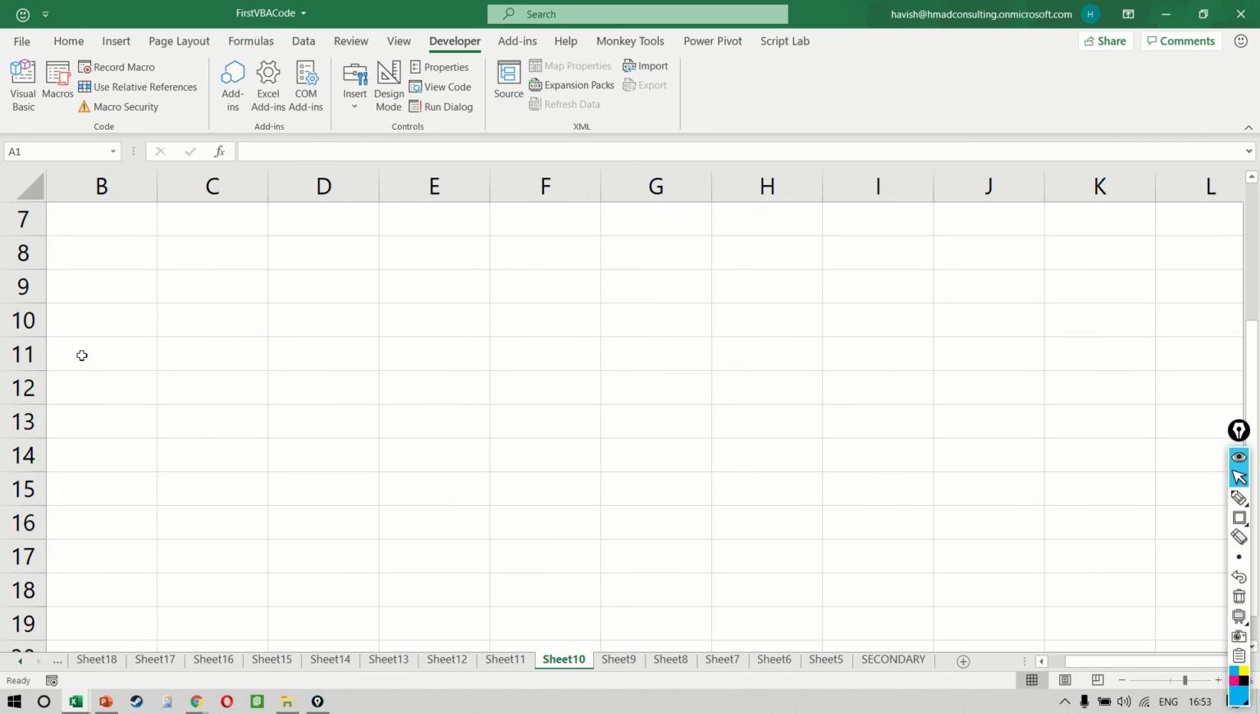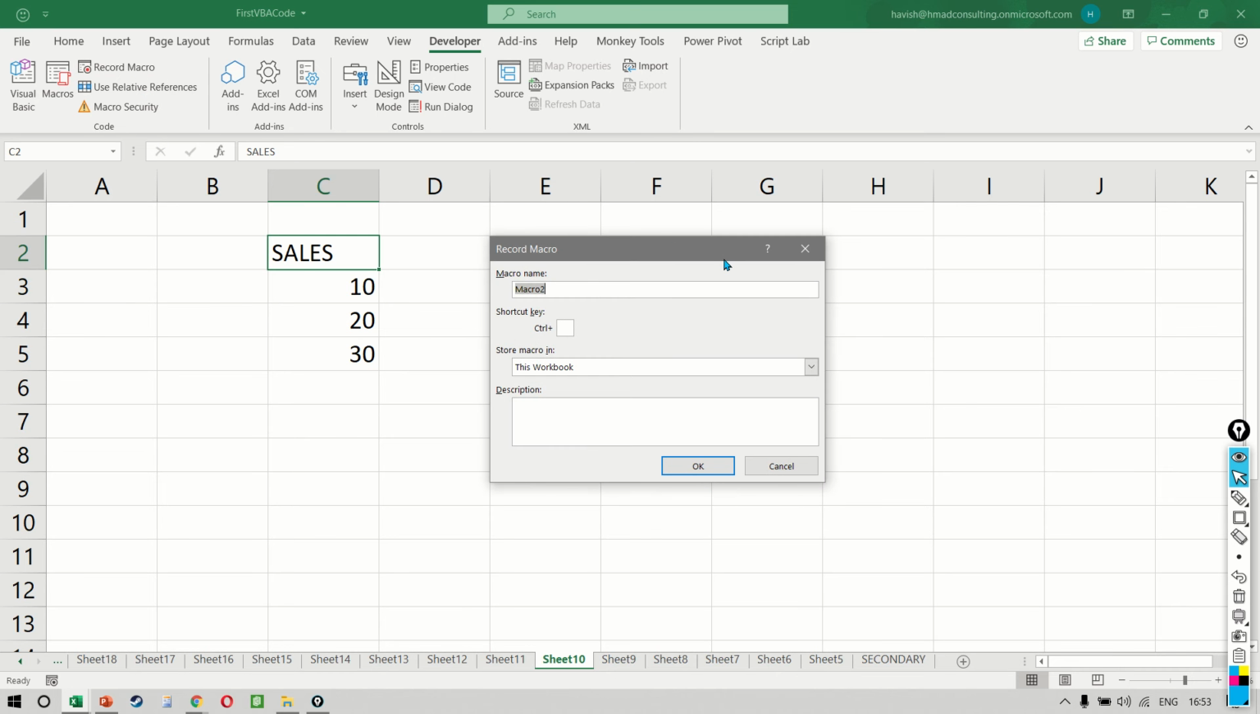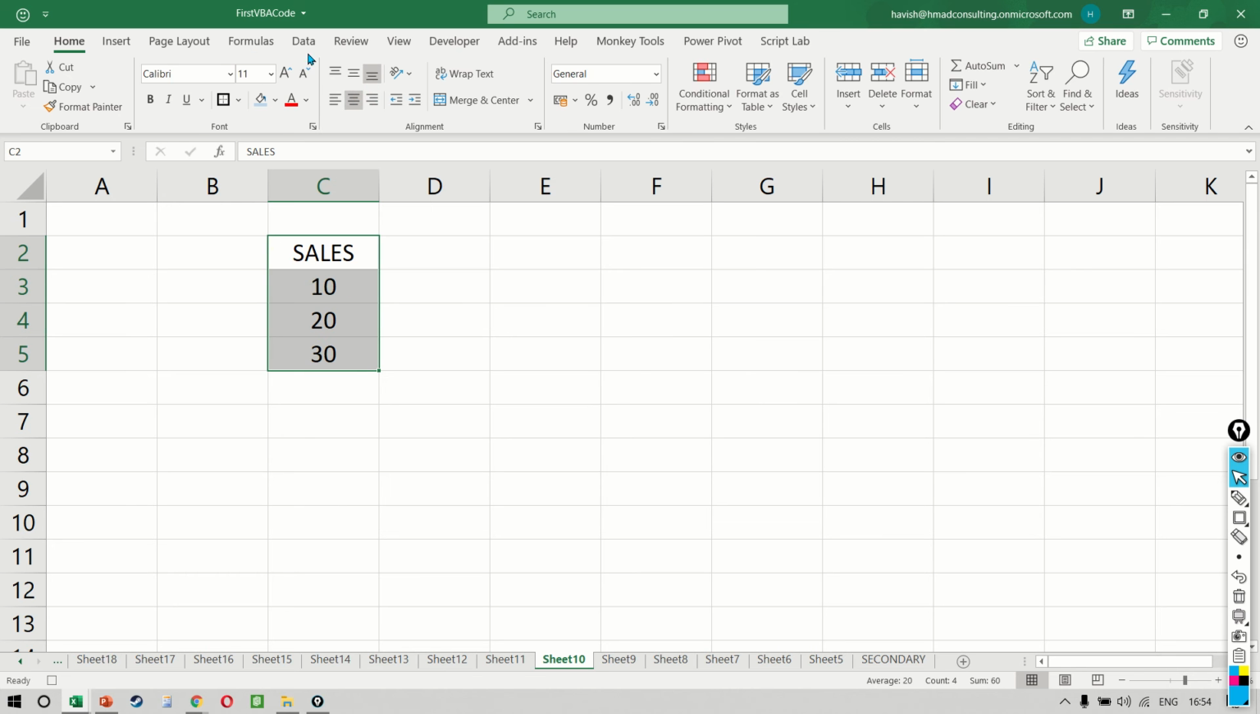A very simple example. Now imagine we have three values. All right. Now when I record a macro, see what happens. Record, and let's just call it first record. Now when we press Control, Shift and down arrow, obviously we select the entire column, and if I align it in the center and I stop the recording,